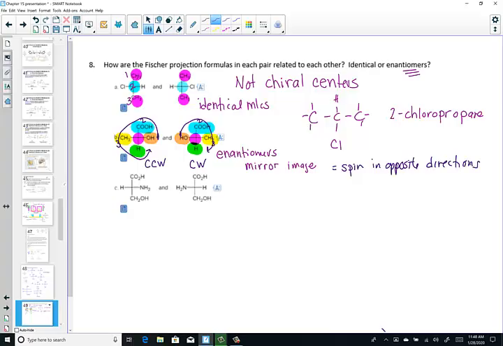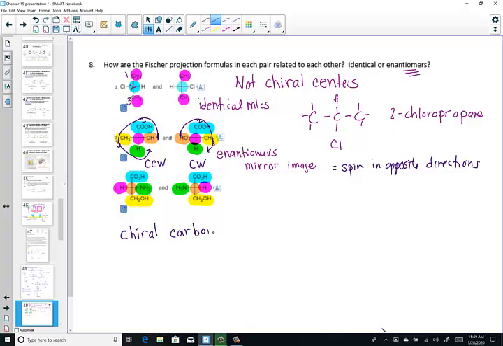There we go. Let's test one more. Again, we notice that the chiral center is at the center of the cross. So those are the 2 carbons that we're going to consider. I have a group CH2OH. I have a group that's hydrogen. I have a group that is COOH, and a group that is NH2. So yes, indeed, there are 4 unique groups, meaning that that is a chiral carbon in the center of that